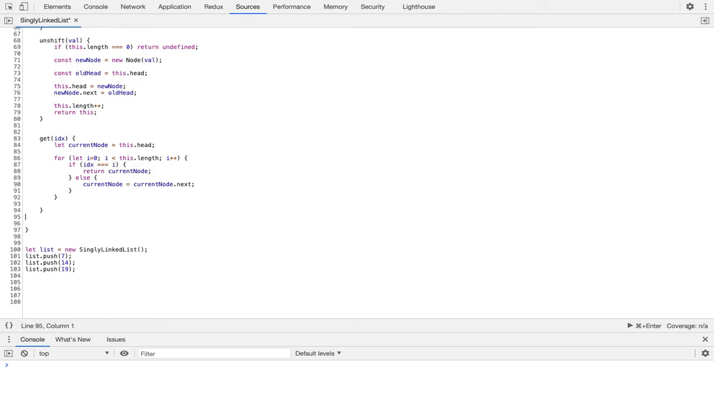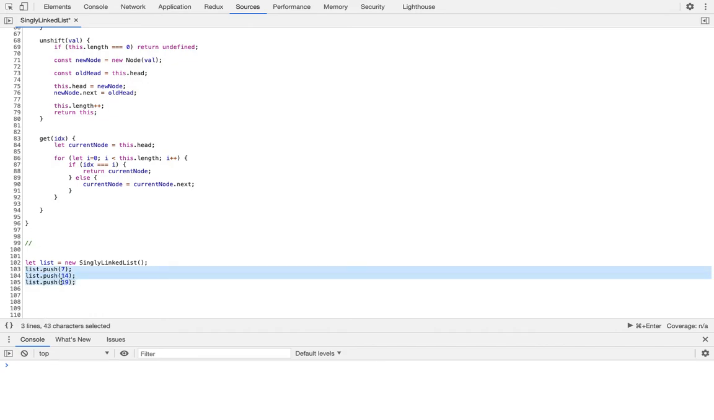Let me draw this up for you. Currently here we have a singly linked list with 7, 14, and 19. So it looks like this currently: 7, 14, and 19. At the start of our code, we're initially setting up the current node to be the head, right here at the 7. So as it's going through this loop,